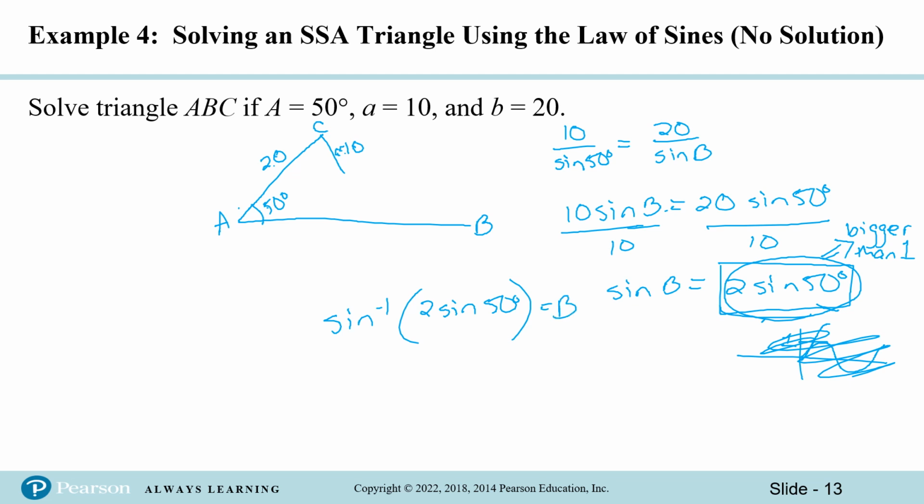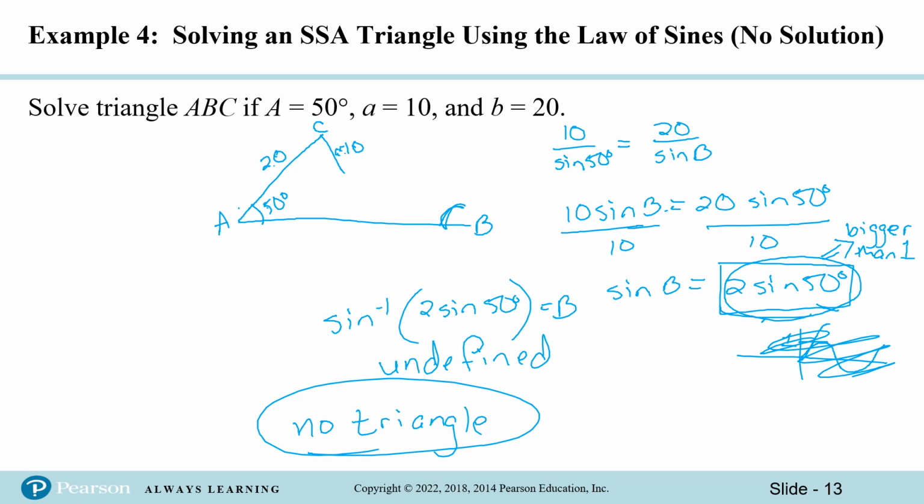When you plug it in, your calculator is going to say undefined. That doesn't mean your answer is undefined. It means that your angle B is undefined. Well, if you don't have a defined angle, then you don't have a triangle. So, no triangle. If you want to triple check,